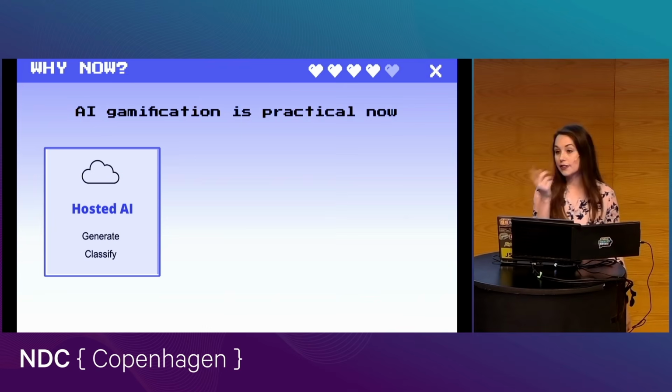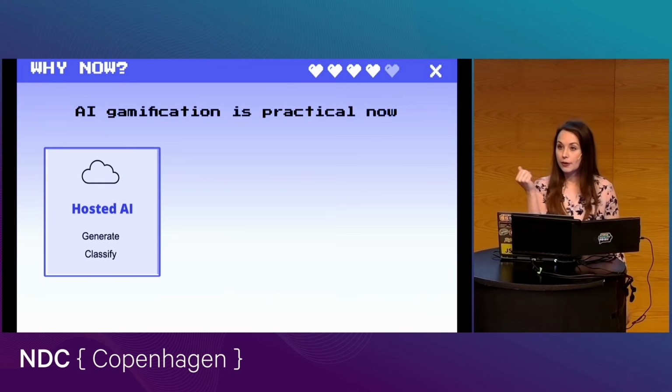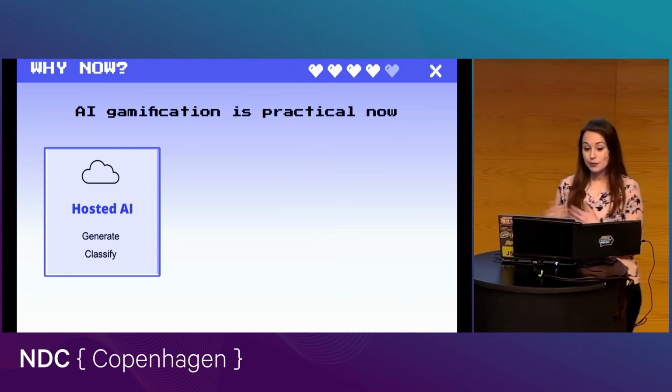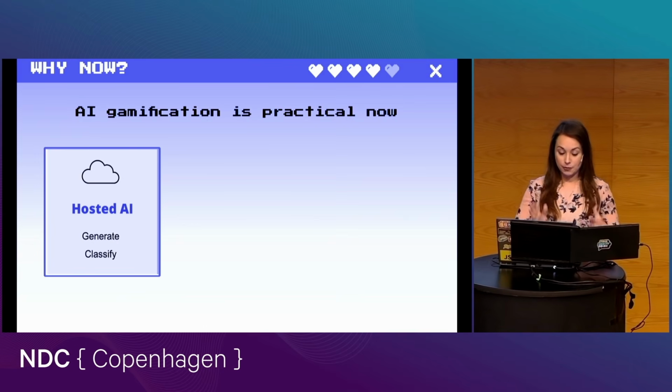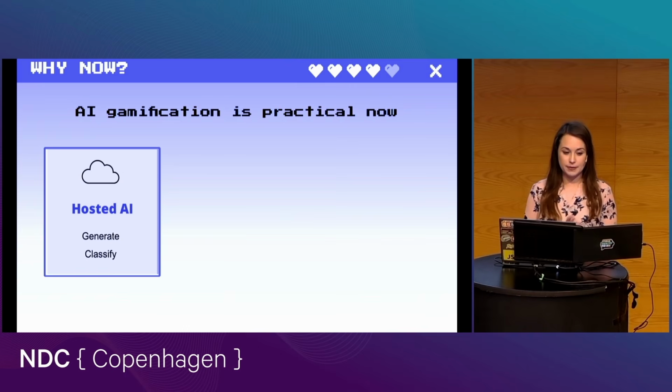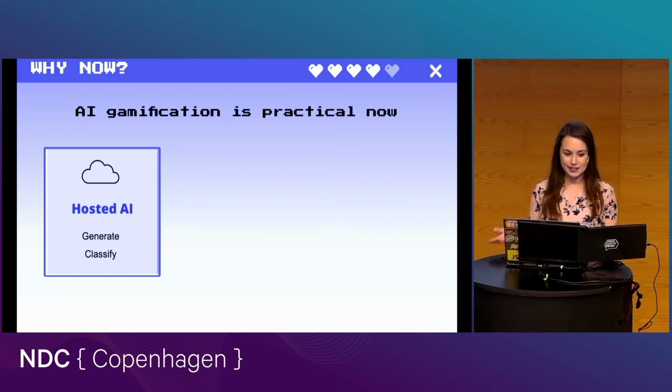So if you want to generate something dynamic, or maybe classify the tone, like we'll see in a little bit, or get back some structured output you can actually work with, then it's pretty straightforward. And I'll prove that with our first example in the dev tools in a little bit. So it's become a lot easier to implement within your applications, and it doesn't take a huge ton of research either to make it happen.